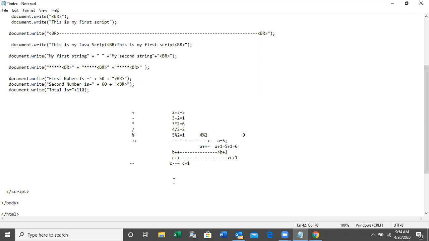Say for example, C is equal to 5. So C minus minus means C minus 1, so it means 4.